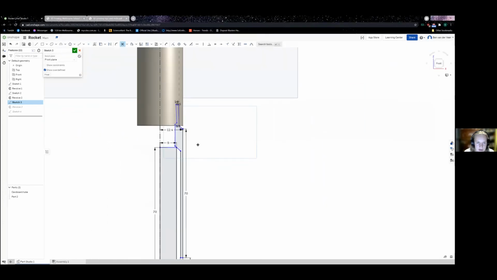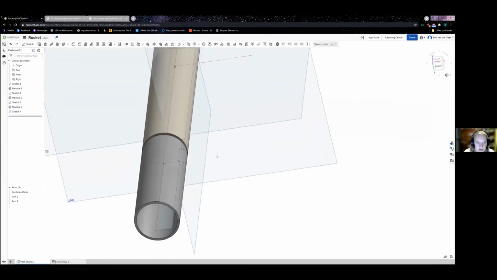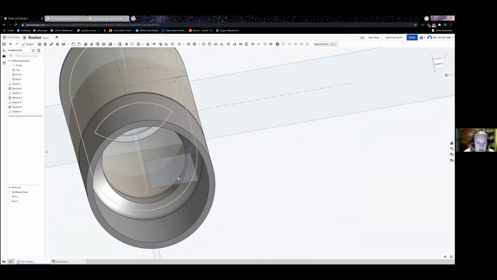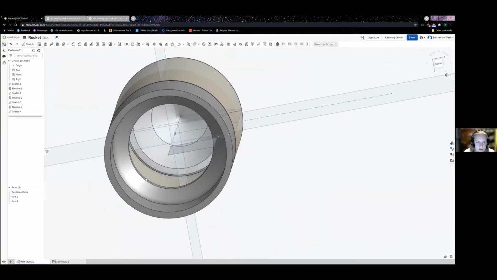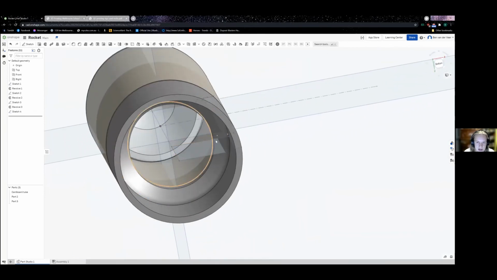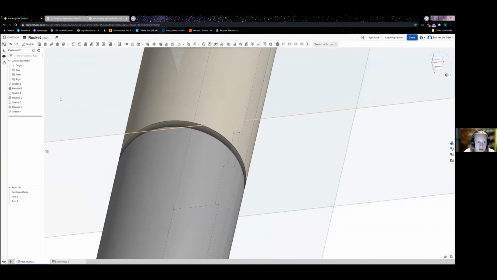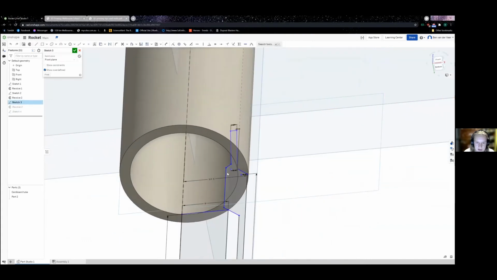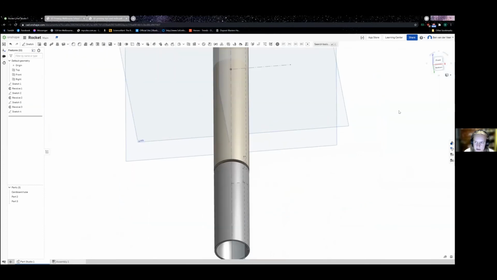Excellent. And so this will be the inside of our, so yeah, we can see there we have our motor stop. It doesn't have to follow a super precise formula, as long as it's just holding the edge of the motor and stopping it from going further into the rocket. And of course, as long as it's supported on both sides, with that bit of an overhang, just add some bracing, it's all good. Now,